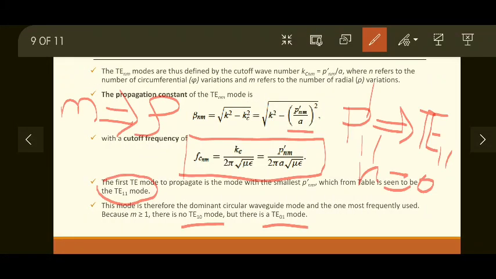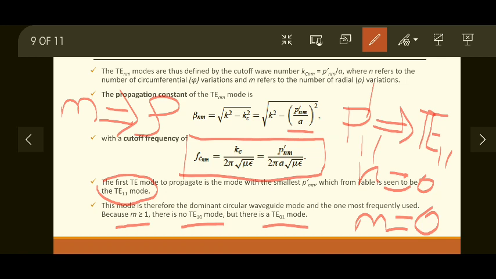So the TE01 mode does exist, but the TE10 mode or TE20 or TE30 will not exist. Because of the previous reasons, m should always be greater than or equal to 1. m equal to 0 does not exist in the